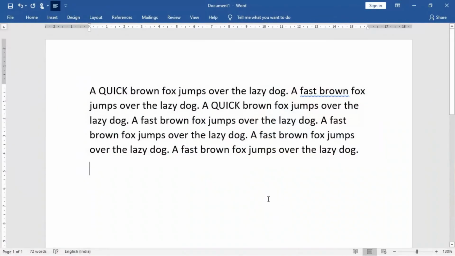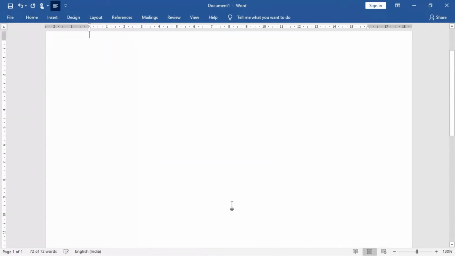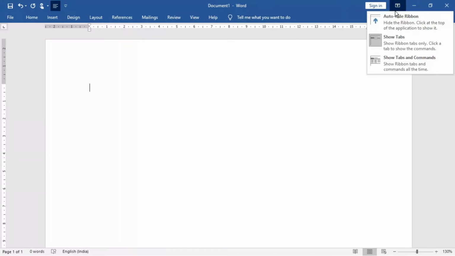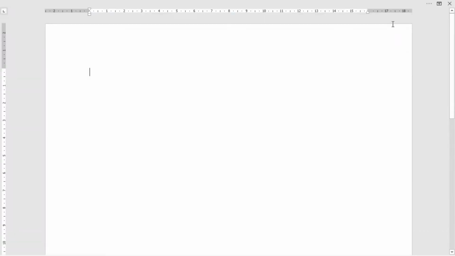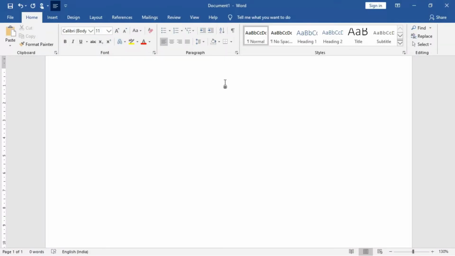Opening a document. So I'm just removing this out here. Now what you have to do for this: the steps will be the bullets and numbering drop down button on the home tab in the paragraph group. It is not showing. If I click over here, it will just do the auto hide. Now this will come down. Yes, this is the auto hide portion. So home, paragraph, and the bullets and numbering are here.